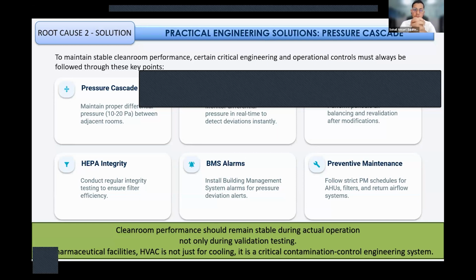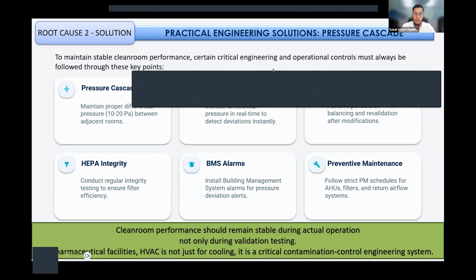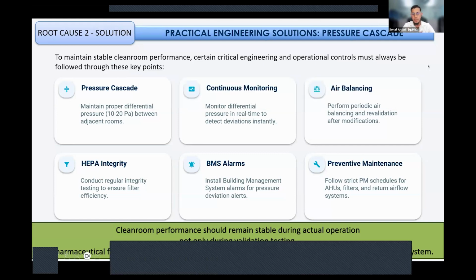To maintain stable clean room compliance performance, certain critical engineering and operational controls must always be followed through these key points. The point number one is pressure cascade. Maintain proper differential pressure. As I already told all of you, maintain a minimum of 10 to 20 pascals